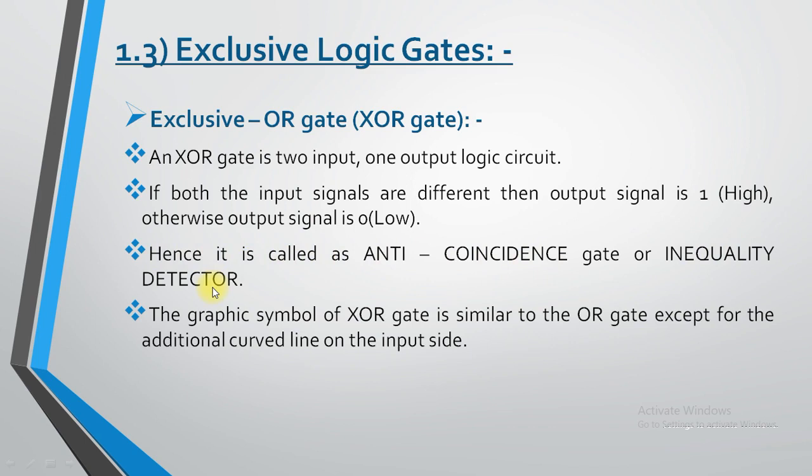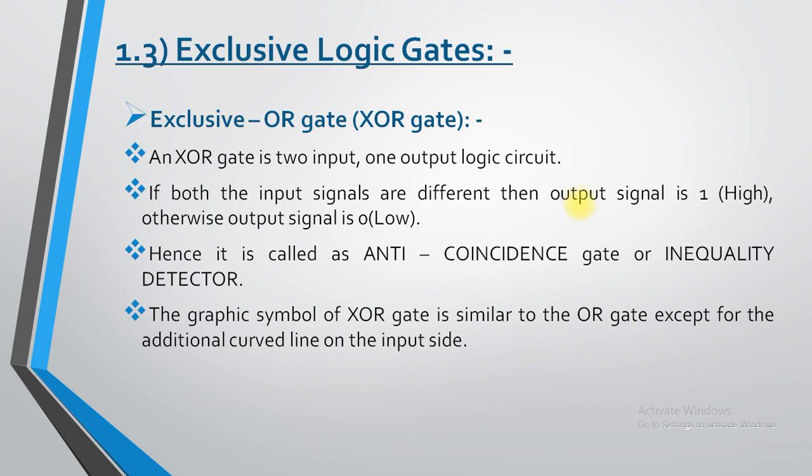Remember one thing, that when a 1 mark question is asked in the exam, it may ask which gate is called OR gate. AND gate is also referred to as an OR gate. Any gate means OR gate, and NOT gate is referred to as an inverter, right? Over here, exclusive OR gate.